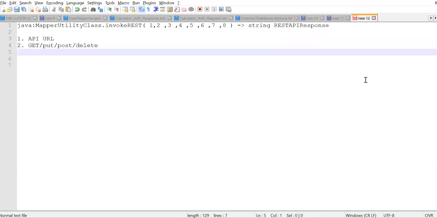The third parameter is based on the second parameter.